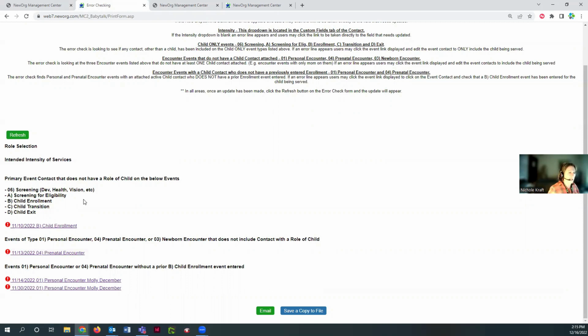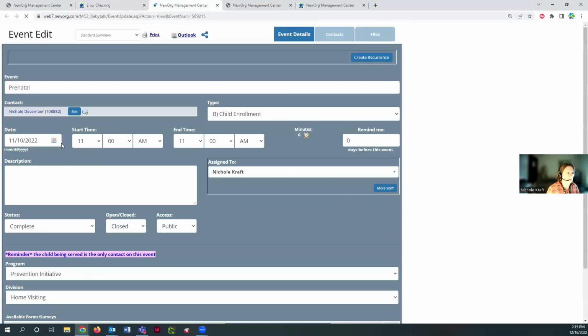So let's check our error. We click on the line item that's coming. I see it's a November 10th child enrollment. We're going to open it up. Okay. You can investigate the family or the contact on the event by clicking that hyperlink at the contact. But if you know the family story, I know that Nicole December is mom, and this looks like it's a prenatal enrollment event. So most likely what's happened is I put mom on the event when it should be the prenatal baby. To update this, you can go to edit in the event